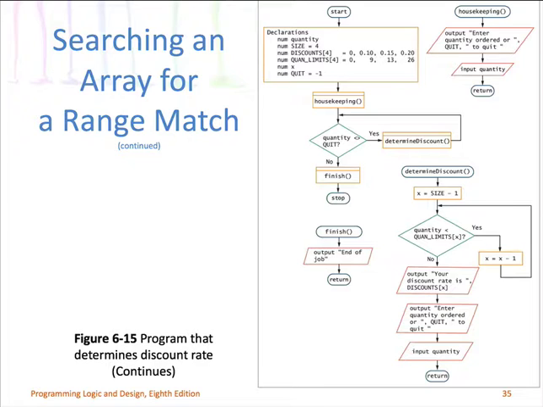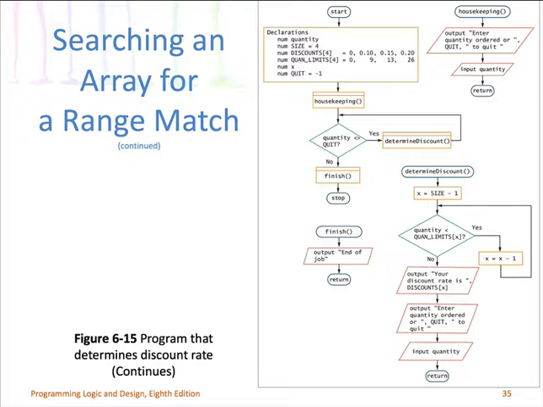So what we're going to do is we are actually going to start at the end of the array and go backwards, so that we don't have to say, okay, they get a 10% discount. Oh, no, they ordered 14 items. They get a 15% discount. Oh, no, they ordered 27. They get a 20. So we're going to start at the end of the array and go backwards. So x equals size minus 1 is getting the index of the